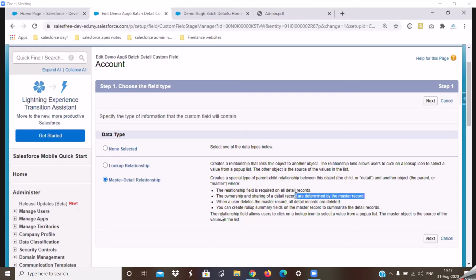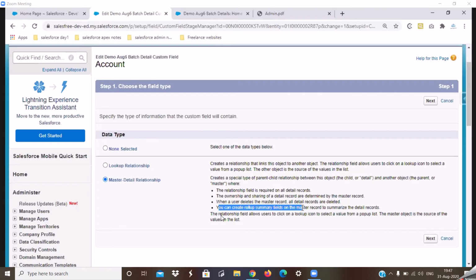We'll see this point in detail in our security concept, but keep in mind that anything related to ownership or the sharing rules of your child depends on your parent record. When a user deletes a master record, all the detail records will also be deleted, which we have already discussed. And this last point says you can create a roll-up summary field on your master record to summarize the details, which we'll see in a couple of minutes.